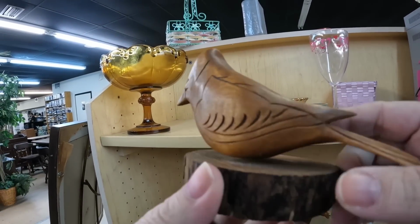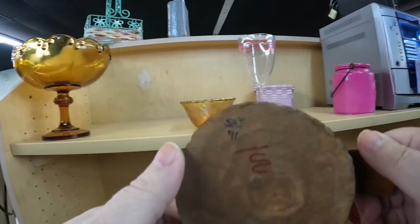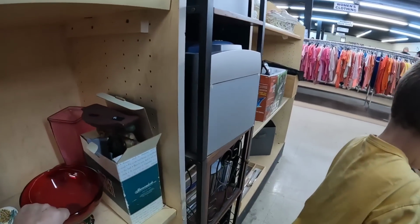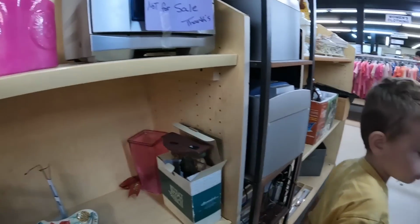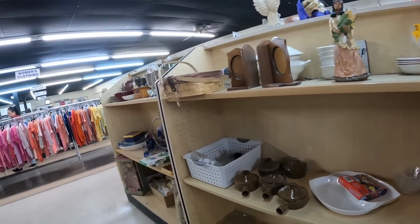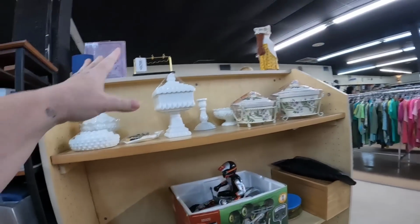topsy-turvy. Look at this. This is either a Cardinal or a Blue Jay, and it's signed 1991. It's only $1, so it'll only be 50 cents. And I really like that one. I think I looked at this last month. It's a Teleflora. I keep hoping it will be the Swarovski one worth $500, but it is not magically transformed